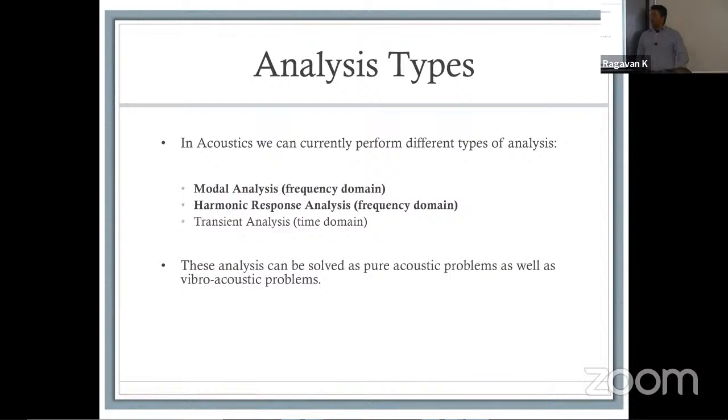There are a couple of kinds of analyses that we use mostly. There's modal analysis, there's harmonic response analysis. There's also the time domain analysis. It's used quite regularly. The first two are perhaps more widely prevalent when it comes to electric motors. And these analyses can be solved either as purely acoustic problems, or you can consider them to be vibroacoustics problems. Can anybody here tell me what vibroacoustics are? Generally speaking, you know what they are. It is the acoustics created because of vibration. Exactly. So there's no complicated process there.